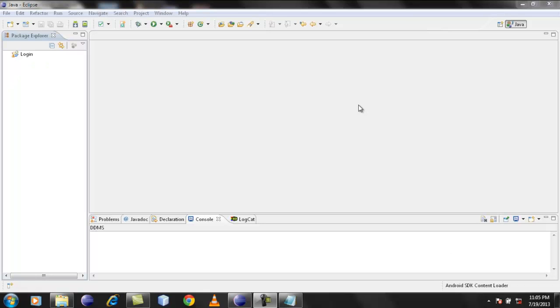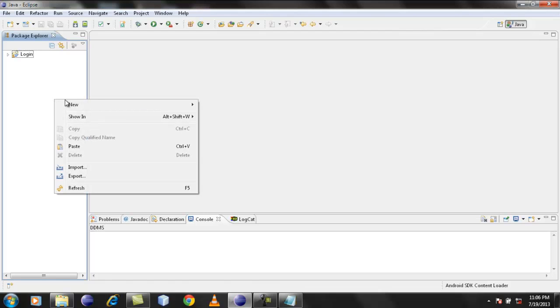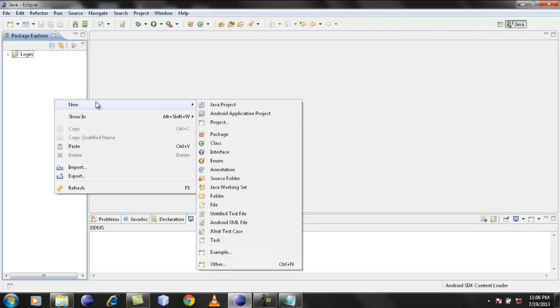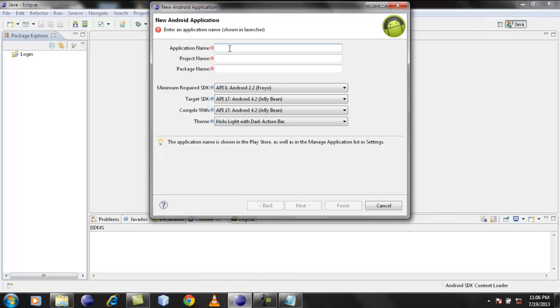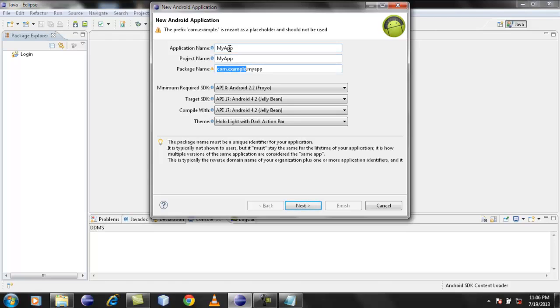Hello and welcome. In this tutorial, we're going to discuss how to create a toast information in Android applications. To create a toast information, we need an application here. So we'll create one new application here. Right click on Project Explorer, go for Android application project, and then I need to create a project here, and after creating the project,